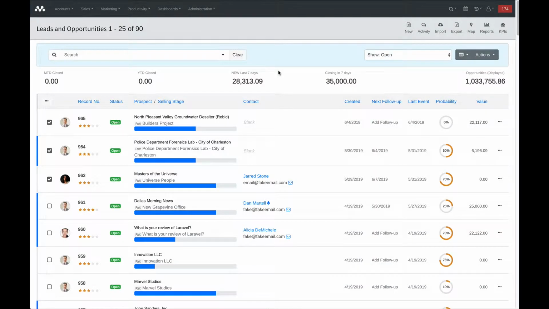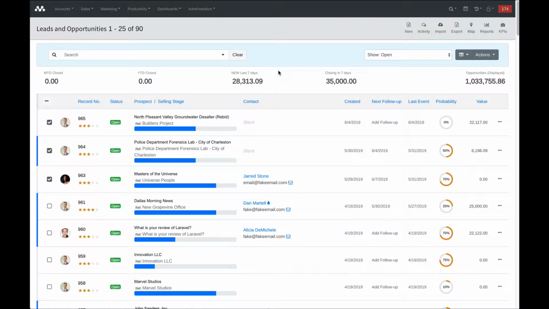When you're working in Mothernode CRM, chances are you're going to be working with a lot of data, whether it's customers, contacts, quotes, leads and opportunities. You're going to have hundreds, if not thousands, of records in some cases. So we need to make access to that data very easy. And here are some of the things that we do to help you sort and organize your data